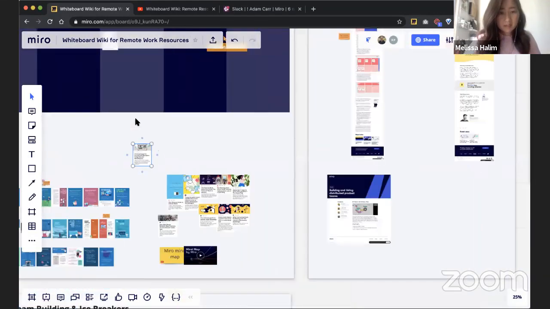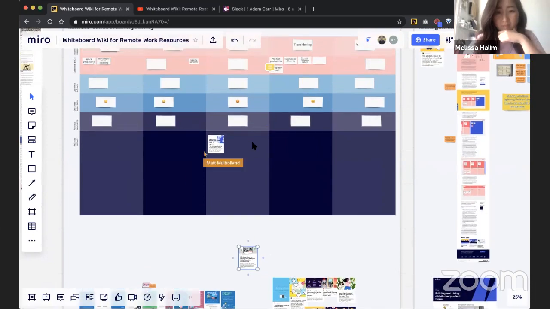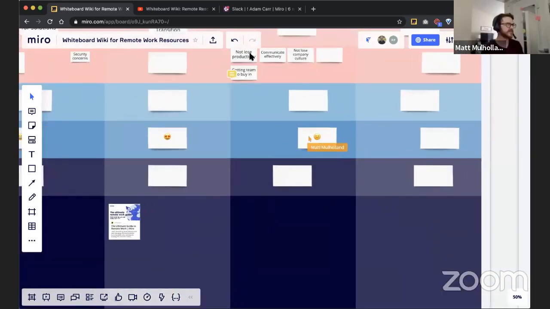Where do you think something like managing a remote team goes? So maybe that's under transition, right? I think transition or